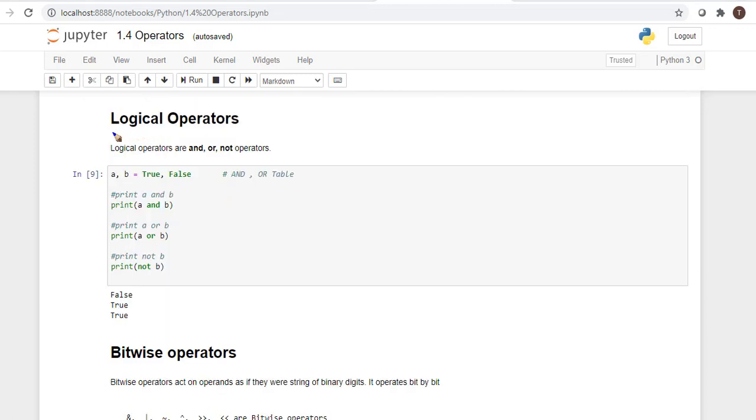Next are logical operators. Logical operators are and, or, not. If both operands are true, the and operator returns true. If either one is true, it returns true; this is called the or operator. The not operator returns true if the operand is false, and returns false if the operand is true.